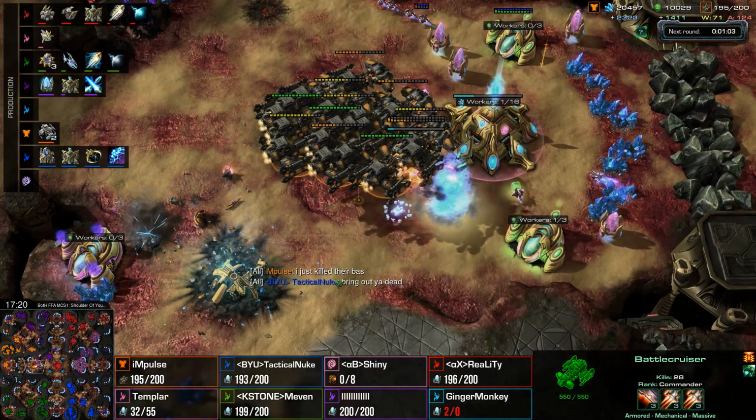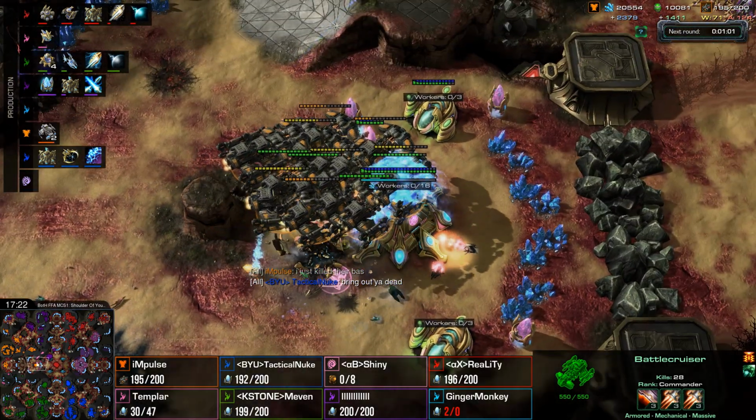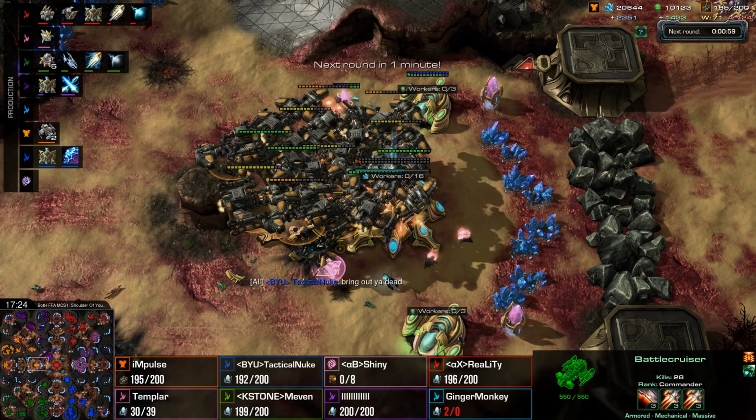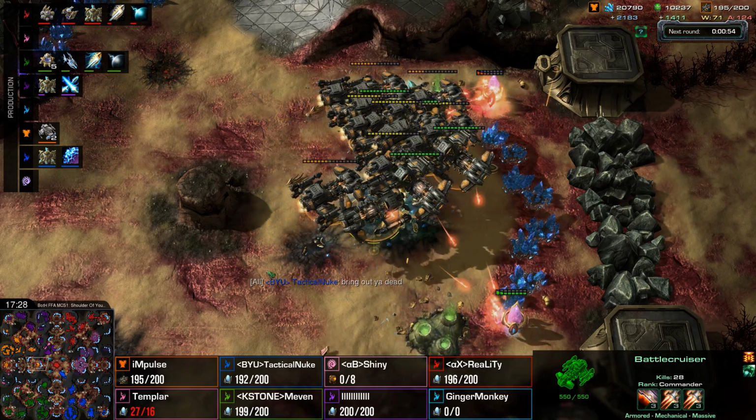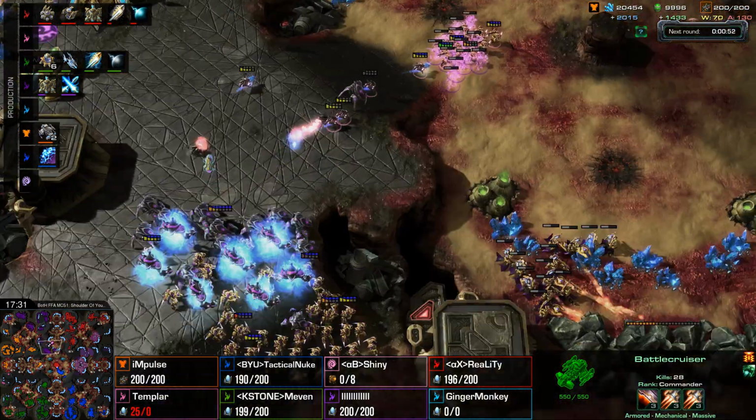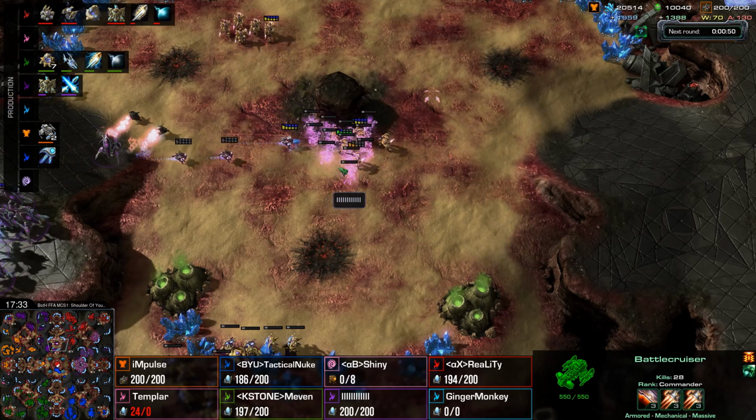Impulse says, I just killed their base. Bring out your dead. This is Tactical Nuke. Of course, making a Monty Python reference. Makes a ton of sense for Tactical Nuke. What with the BYU tag? I don't know, man. I mean...